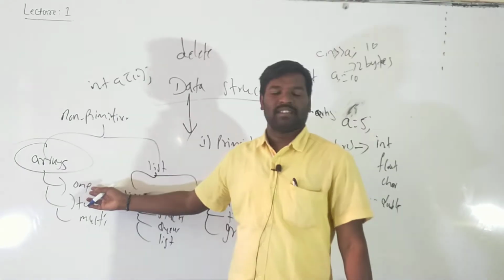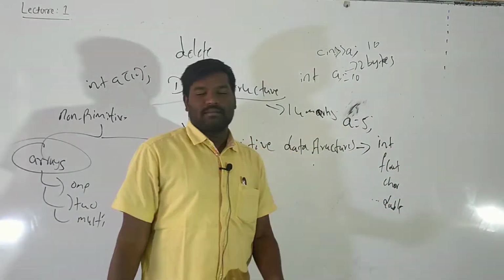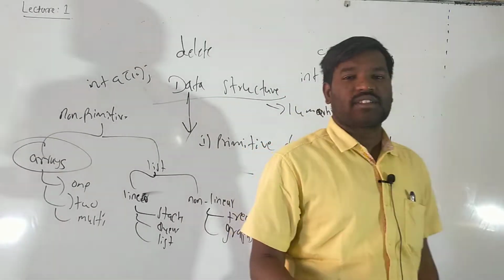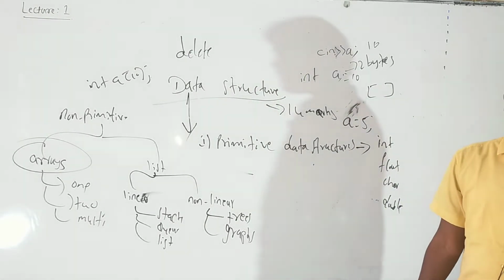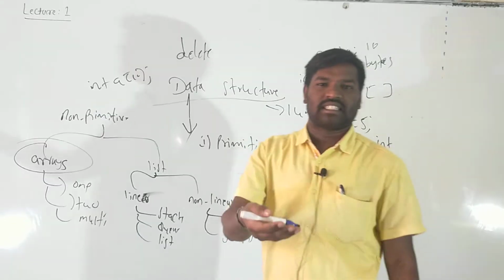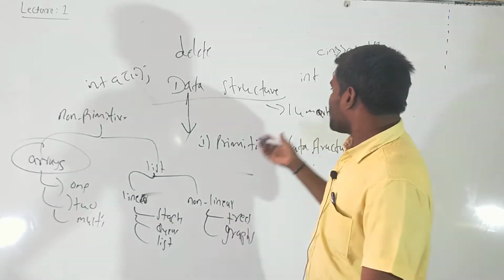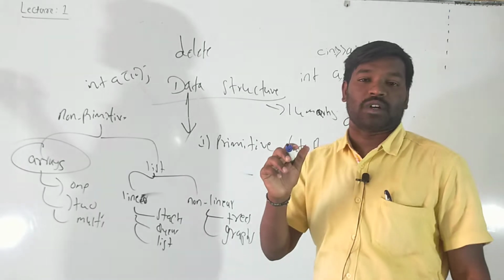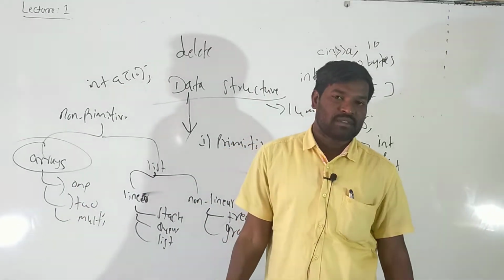First one is single dimensional or one dimensional, and second one is two dimensional, third one is multi-dimensional. So one dimensional means the elements can be accessed using the single subscript. Here square bracket is nothing but the subscript. The definition is same. Again, it is a collection of homogeneous elements, and the elements can be accessed using the single subscript or single index value. That is nothing but the single dimensional or one dimensional.